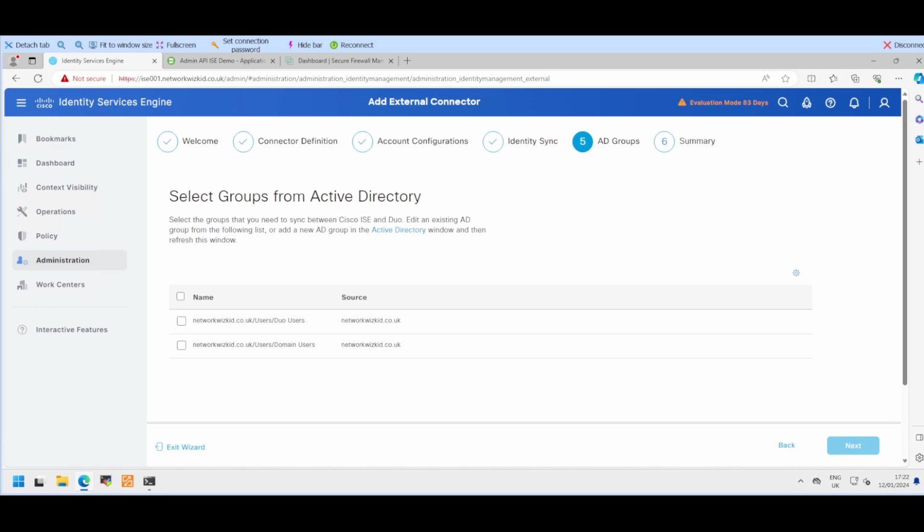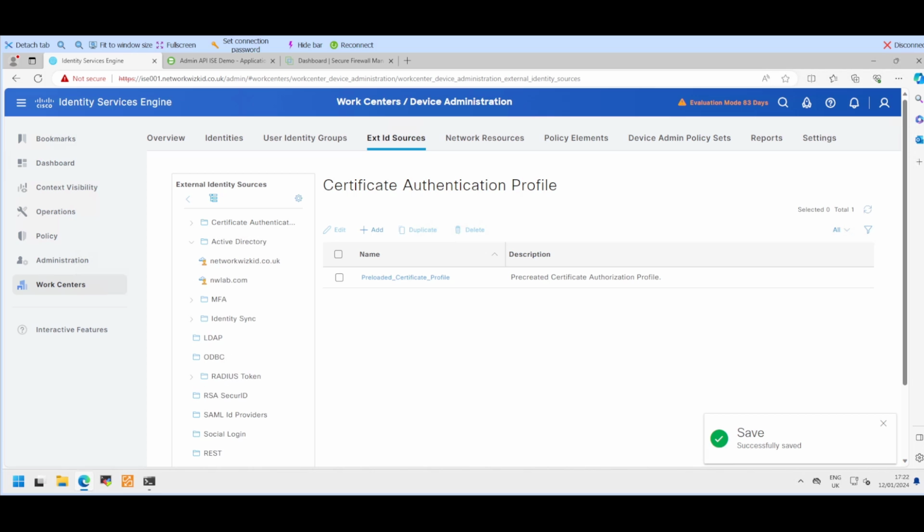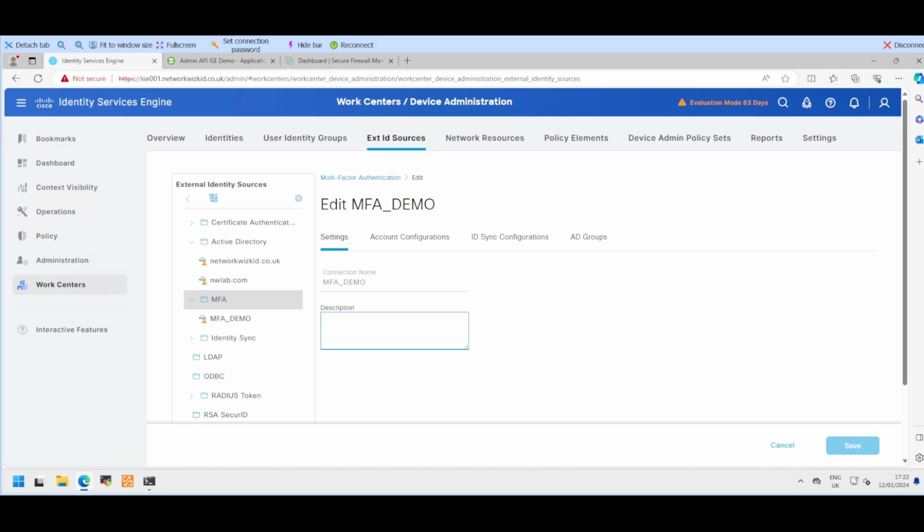Now we're going to select the group. If we select the group here, we're going to use the Duo users group. Let's say next, and last of all you get the summary, you press done, and you should be good. I pressed through that a little bit quick there, but once that's done,